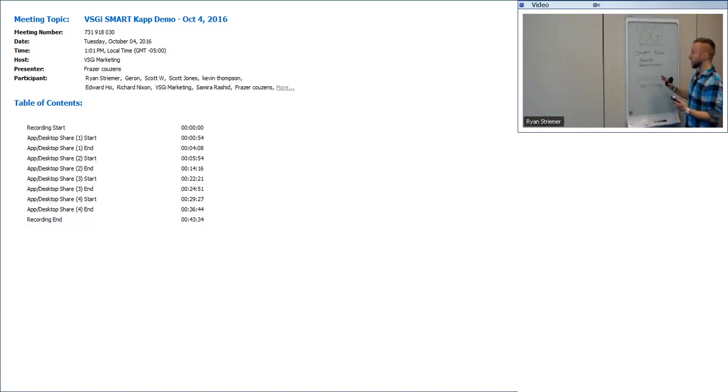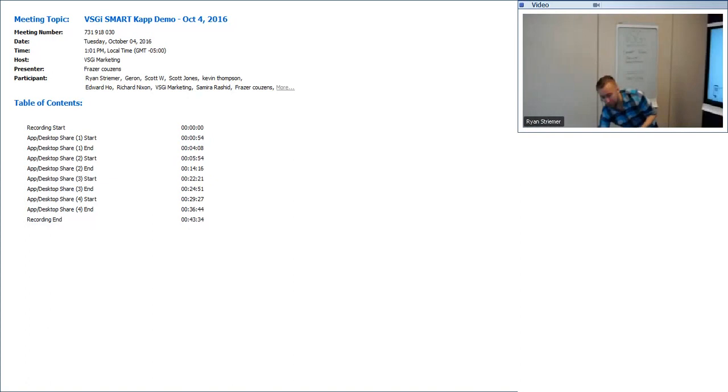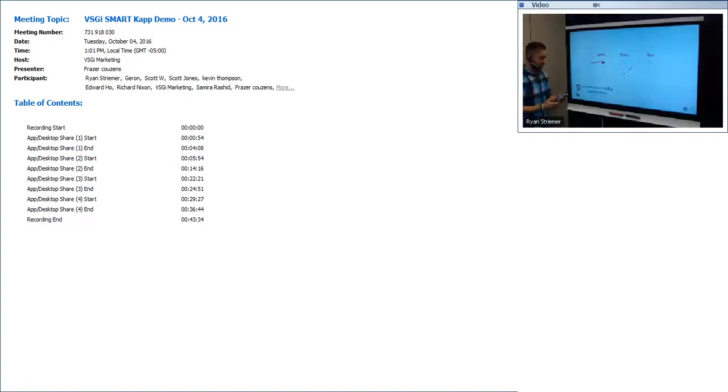So I've saved this session on my phone, and the reason that I show you this is because I'm going to take this analog ink, this normal dry erase marker, and make it digital with a couple taps of my finger on my phone. So I'm going to pan my camera back to the Kapp IQ over on my left, and I'm going to go into my application and pull up that session that I've saved from my Kapp 42 board. I'm going to choose to continue that session, use the app to scan the QR code here in the